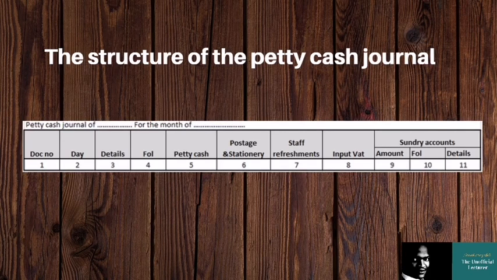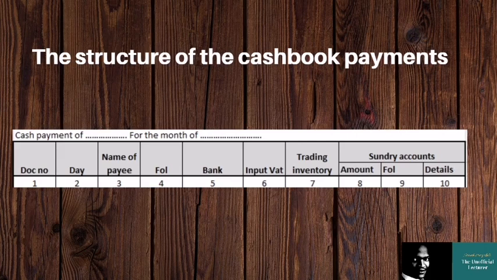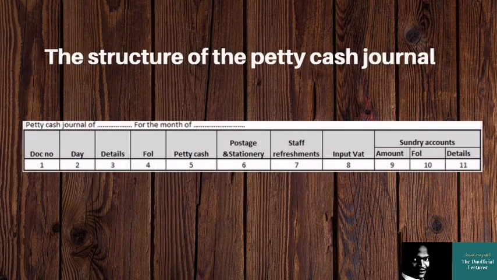Then we have postage and stationery as well as staff refreshments. These columns will differ from business to business, and for the sake of this example, we chose to use the major ones that we will use petty cash money for. We normally use petty cash money for postage, stationery, and staff refreshments. Now, just like the cash book of payments, we also have the input VAT. This is the VAT that is being charged on us for buying items that we are going to use, since we are